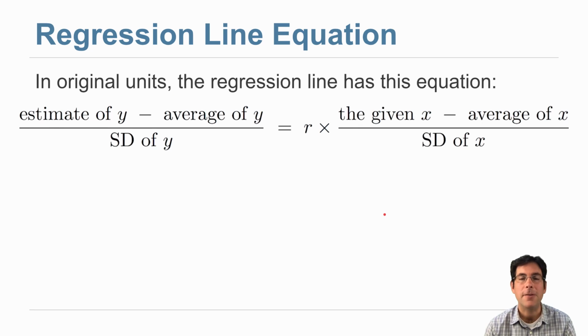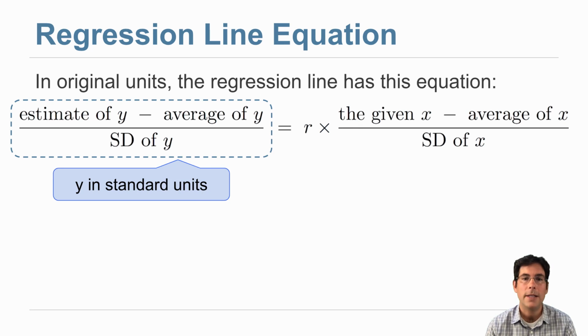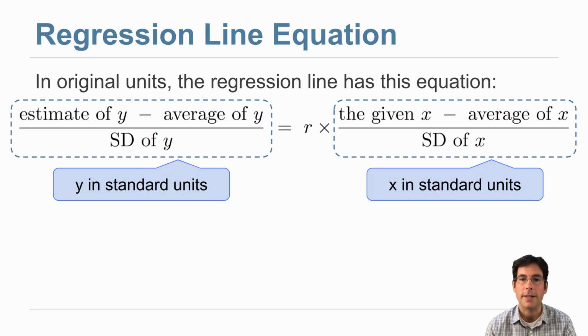Shifting from diagrams to equations, in original units the regression line has the following equation: y in standard units is r times x in standard units. And what does it mean to be in standard units? Well, that just means you've subtracted off the average and divided by the SD. So this is actually an equation of the line in original units, even though I've written standard units down here. Y here is measured in original units, points on an exam, inches of height, or whatever, and so are the average